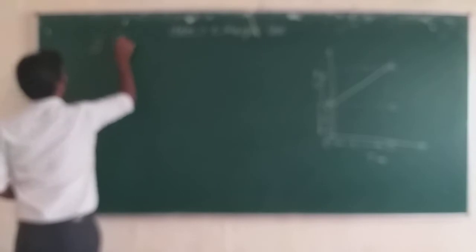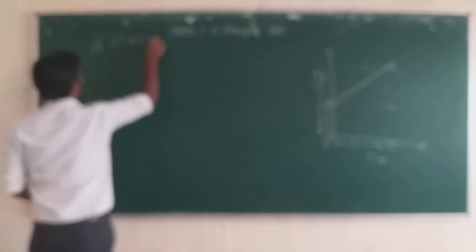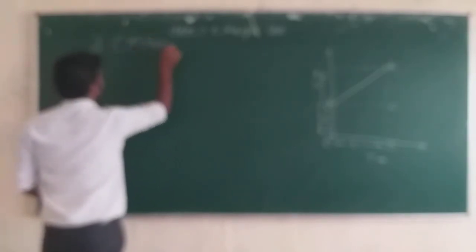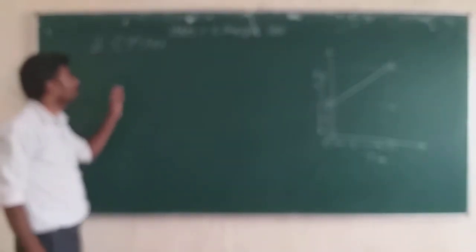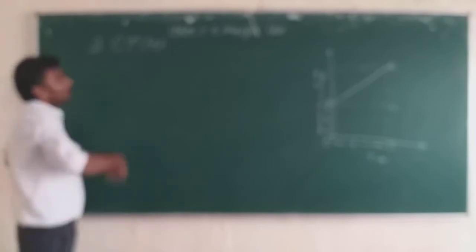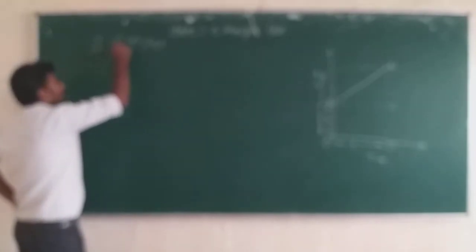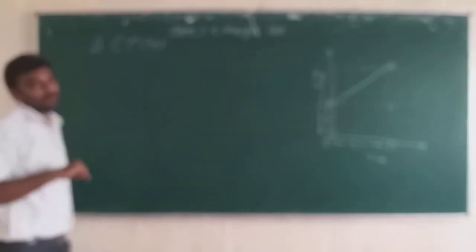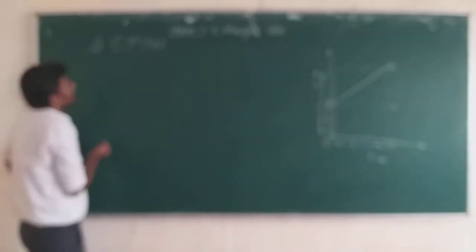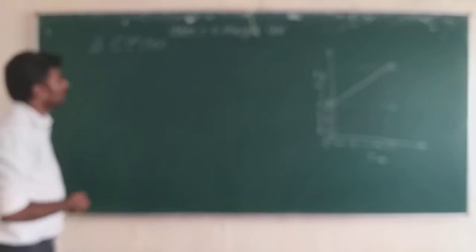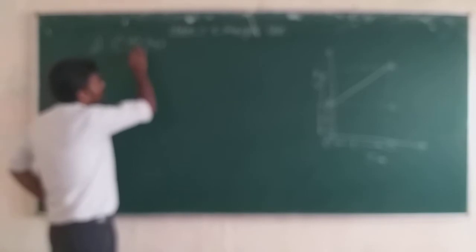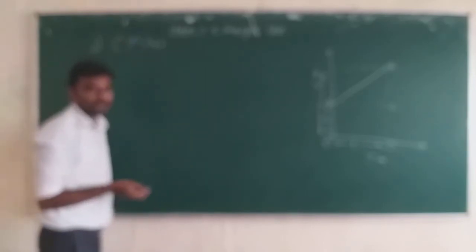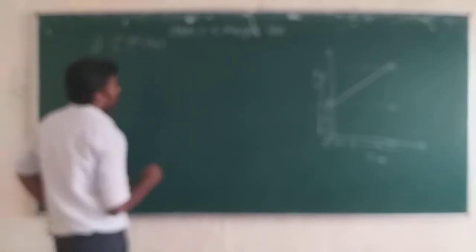This is a very important derivation, the third derivation, and the derivation is v square minus u square is equal to 2as. They will ask you like this: derive v square minus u square is equal to 2as, or instead of u, they can also give you v naught. So that's going to be v squared minus v naught squared is equal to 2as. Fine, both are fine. Instead of u, we can make use of v naught. You know that.